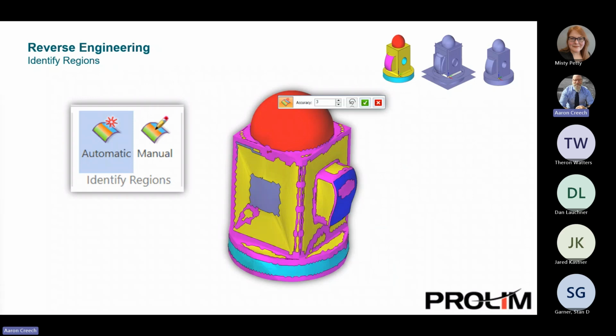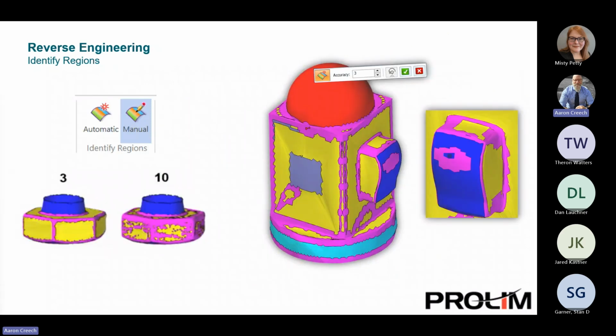You can do an automatic, but again, the software is not 100% perfect. There's going to be some oddities that it may try to pick up as a flat surface, and maybe it's got a slight contour to it, and the system just quickly analyzes it as a flat surface. It kind of depends on the complexity of your part, but I like to use both. I can use automatic to speed up the time, and I can go through and analyze to make sure all of the surfaces are correct, or if they're not, I can use the second method, which is